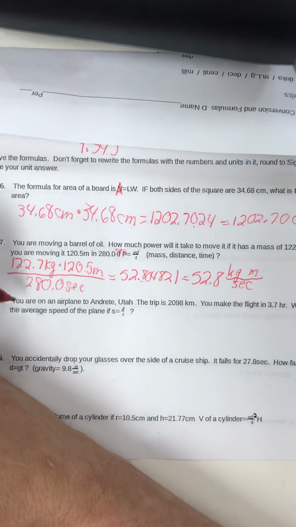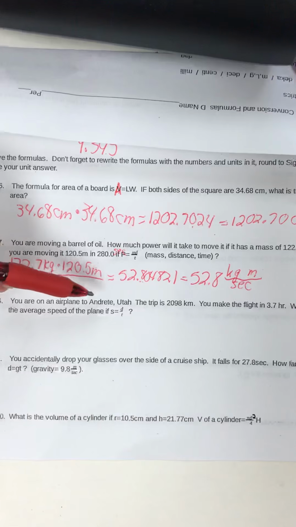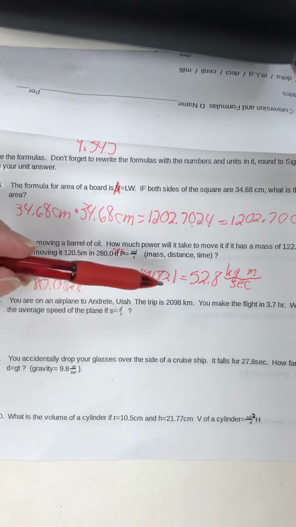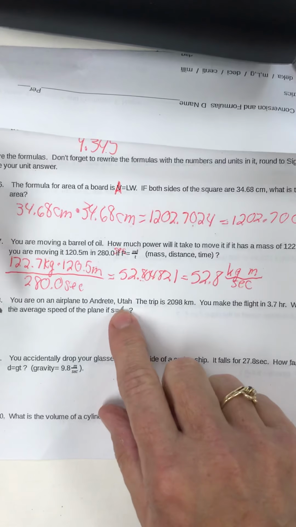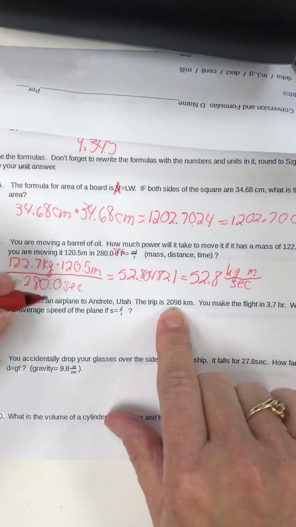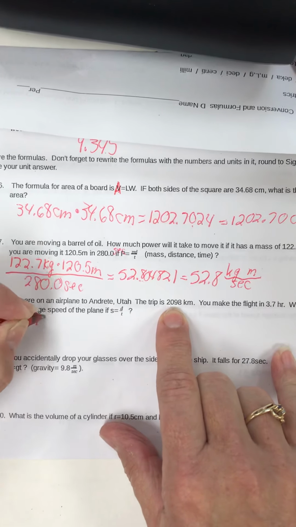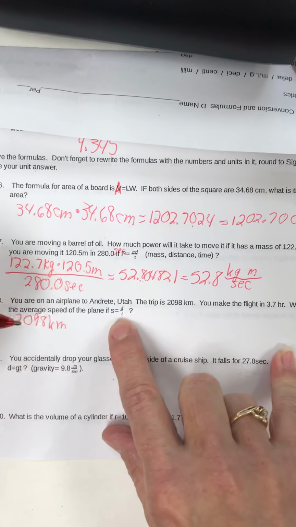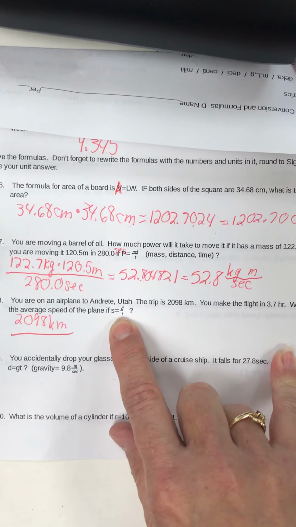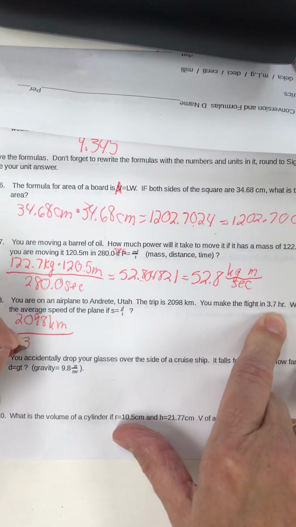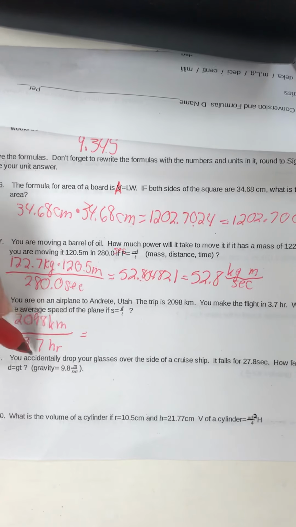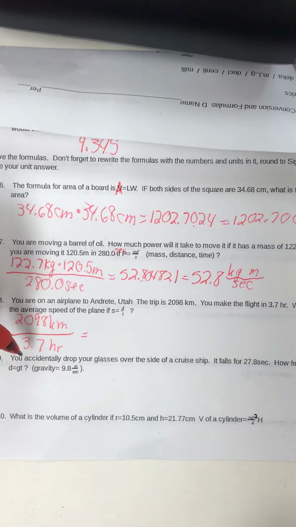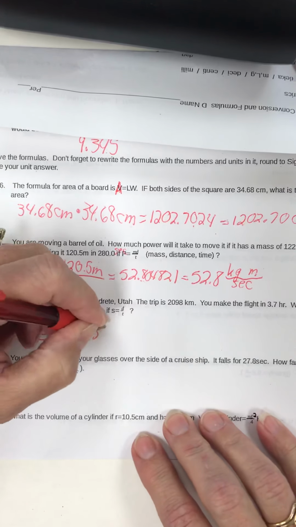Okay, so you are on an airplane to Andreat, Utah. The trip is 2,098 kilometers. You make the flight in 3.7 hours. What's the average speed if distance divided by time? So distance is obviously 2,098 kilometers. The formula says fraction, so we make it a fraction. And the time is 3.7 hours. So we take 2,098 divided by 3.7, and my calculator gives me